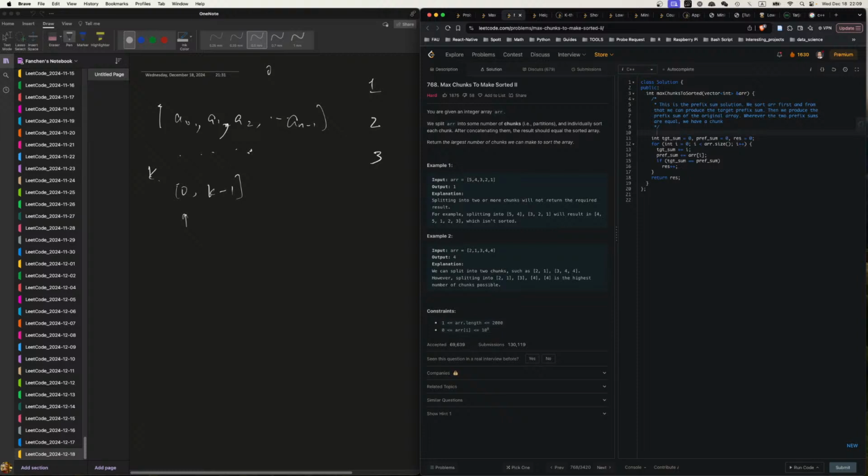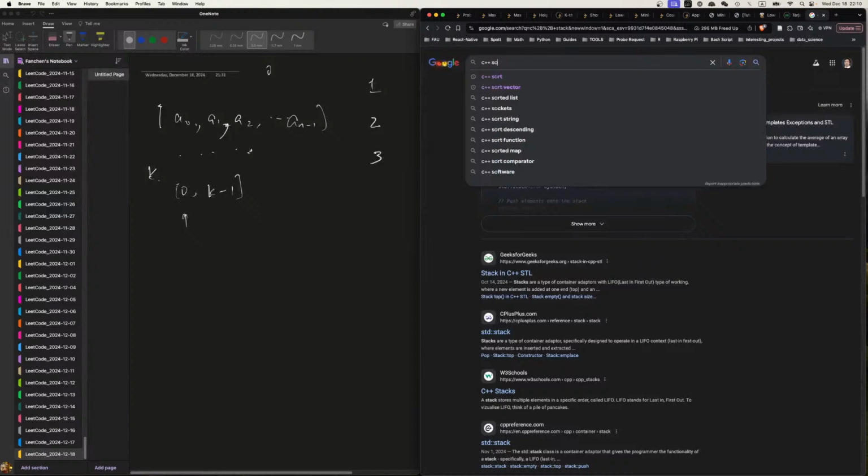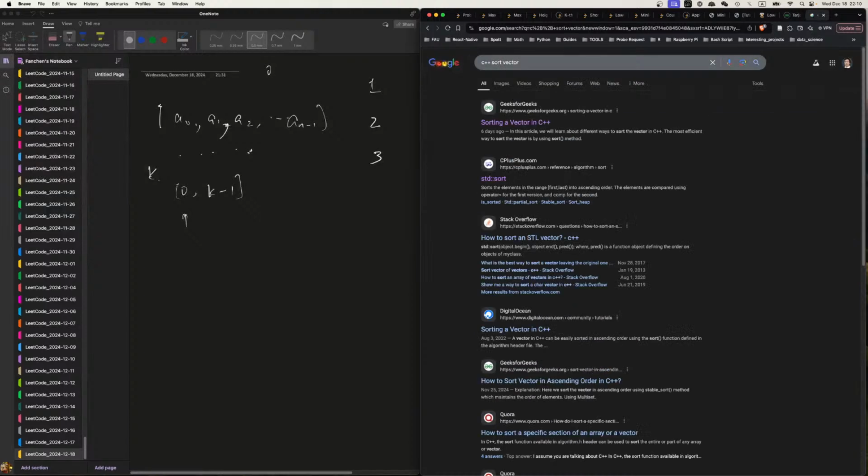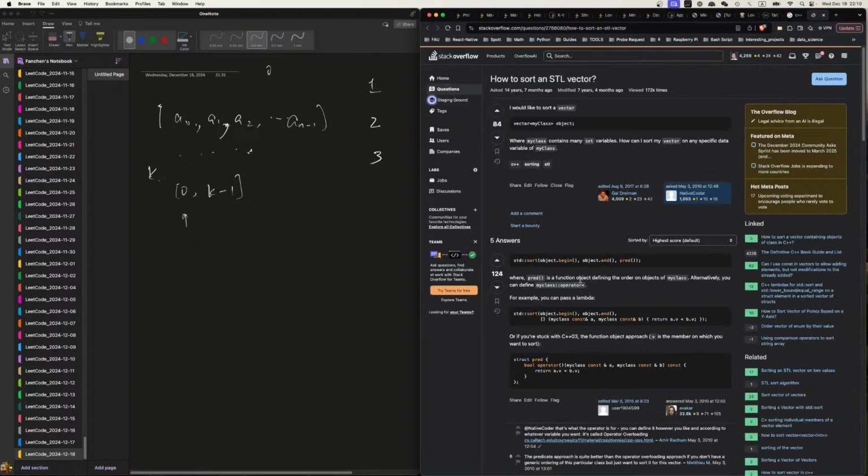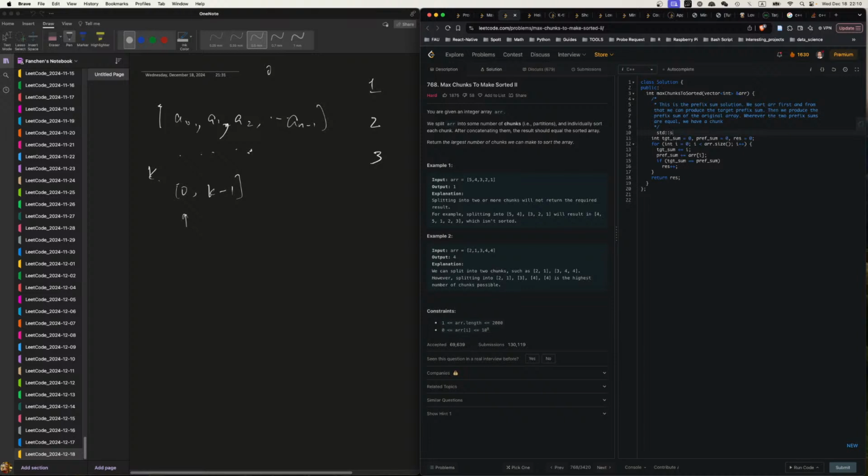So this one requires array dot, oh, I think it's std. Actually, I don't know. How do I sort an array again? Sort vector. It's in place, right? Yeah, I think it's in place. So we're gonna say sort, start. Okay. And then target sum plus equal to,